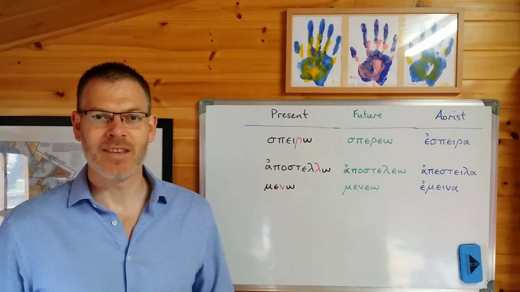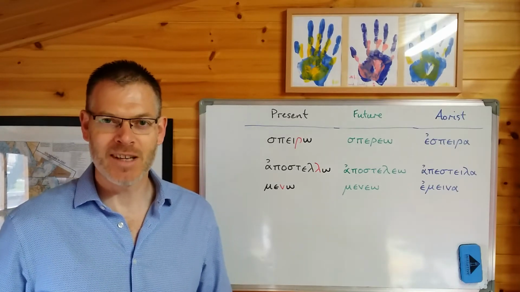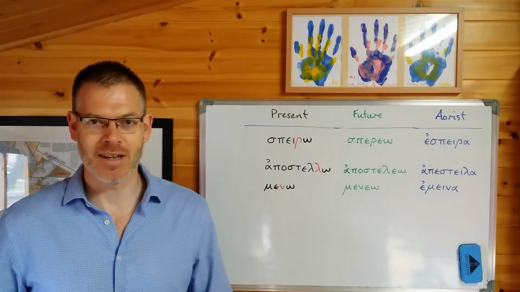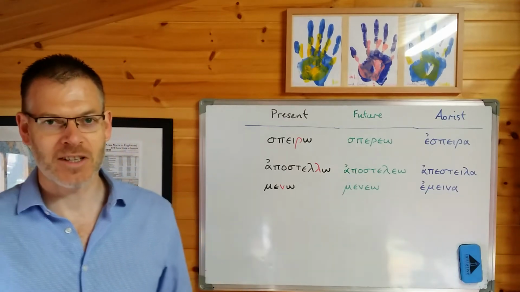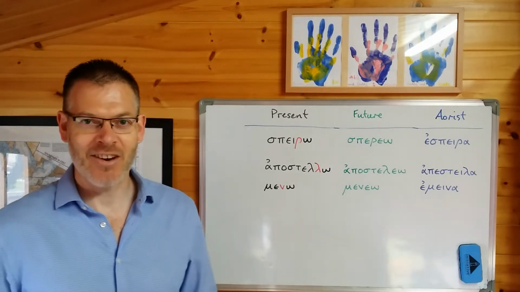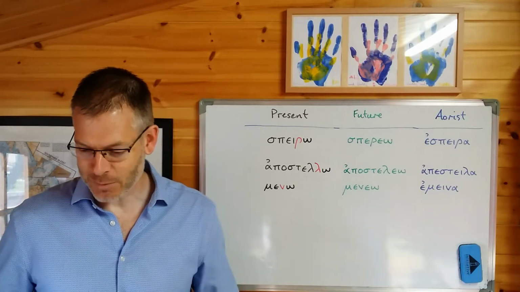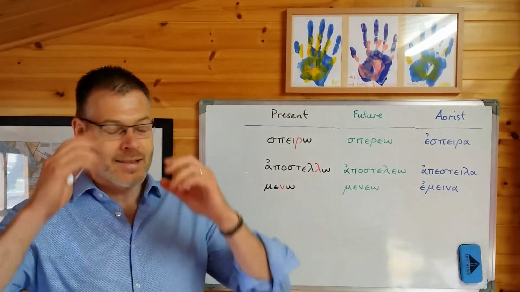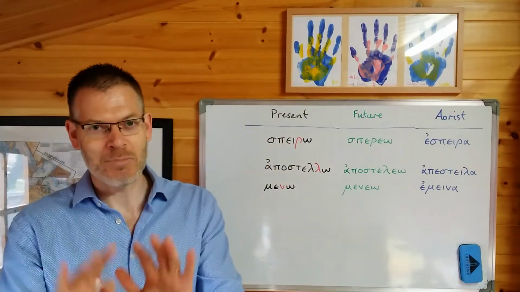We're in chapter 11, the chapter entitled Special Verbs, and we're looking today at a category of verbs called liquid verbs. Now, if your brain just started to explode when we were looking at the first half of this chapter, at the second aorist, and you get to this and you look at Jeremy Duff's explanation on page 129, 130, and you're just thinking, this is too much, I give up. Don't give up. Please, please, please don't give up.